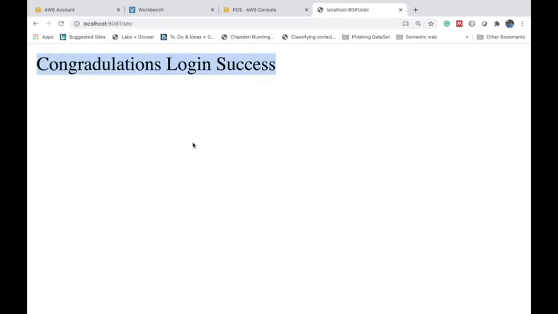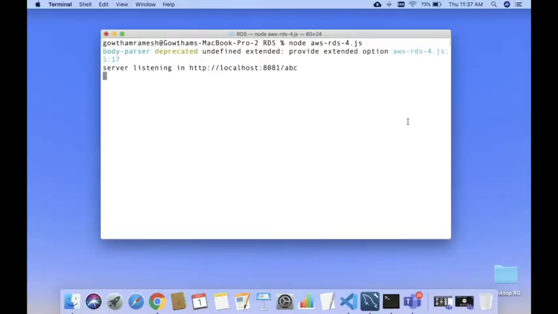The HTML file consists of username and password fields. I'm going to give the username as Gautam and the password as Ramesh. I know very well these two values exactly match the database entry in the login table. Submit. The username and password are successfully matched with the entry. It is just a basic program. You can modify this program according to your need.